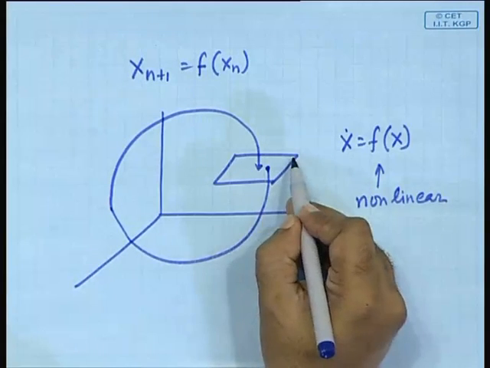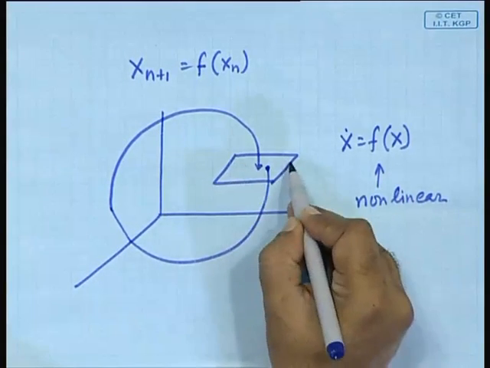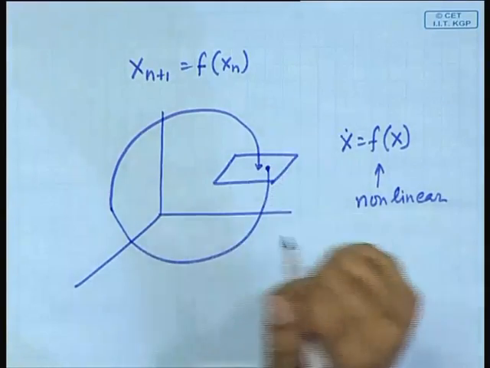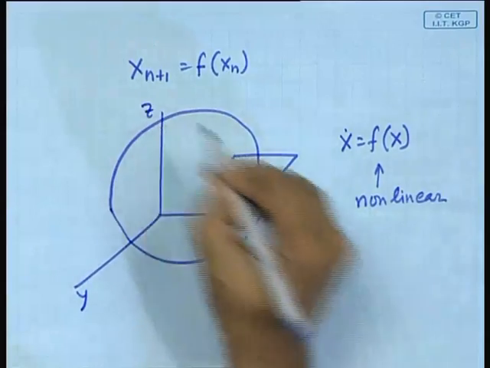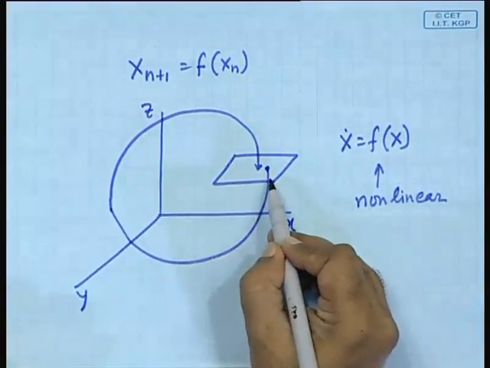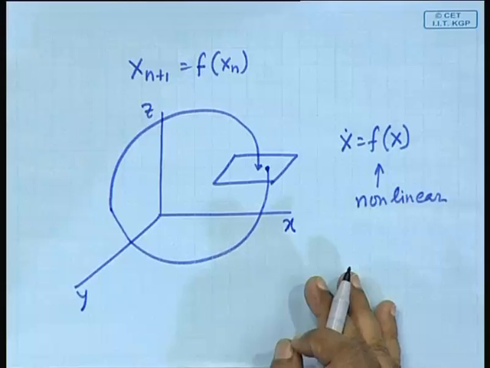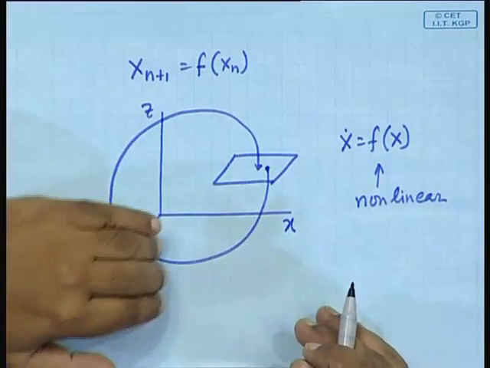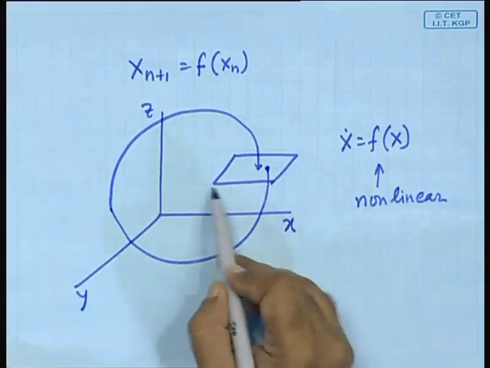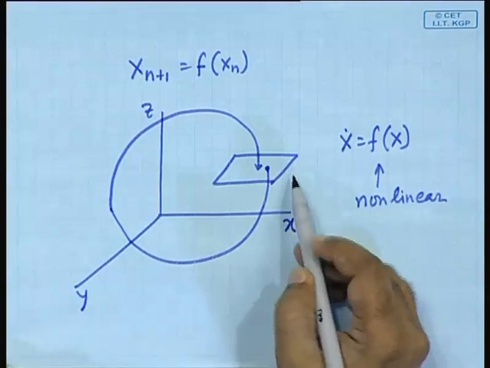when it again satisfies the condition for that particular plane. It is normally convenient, if this is the x coordinate, this is the y coordinate and this is the z coordinate, to place the Poincare section either at x is equal to some constant c, or at y is equal to some constant c, or at z is equal to some constant c. In this case I have pictured it as z is equal to some number, right.